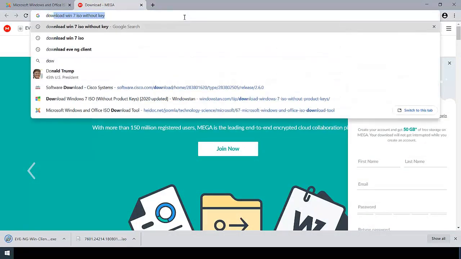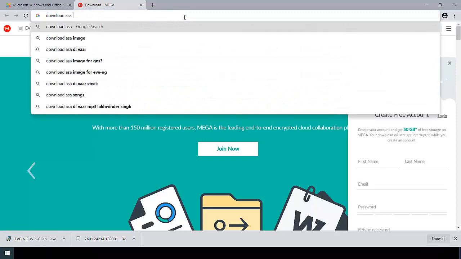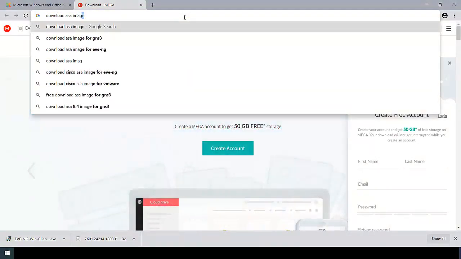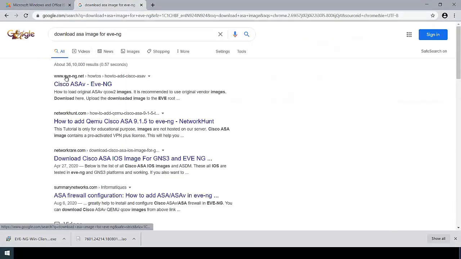Now we will move on to our next download. We will Google for Cisco ASA image. Let's try from networkhunt.com.